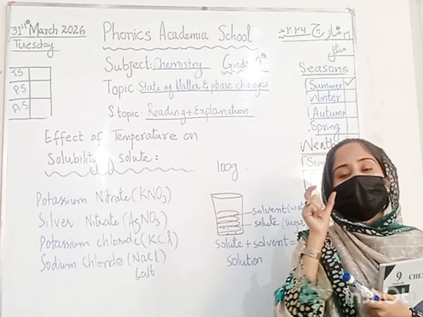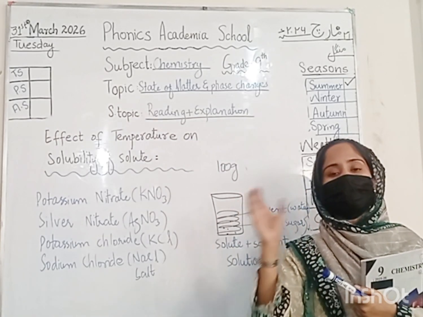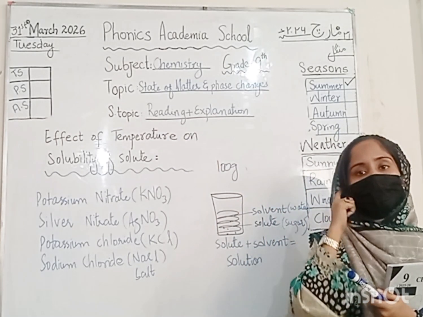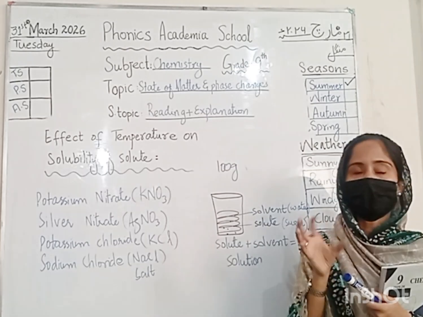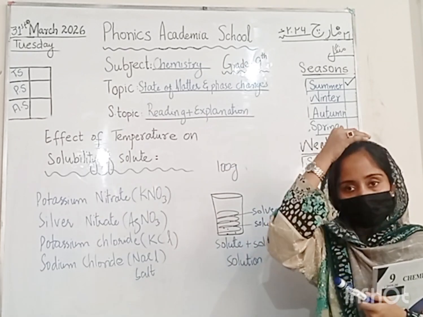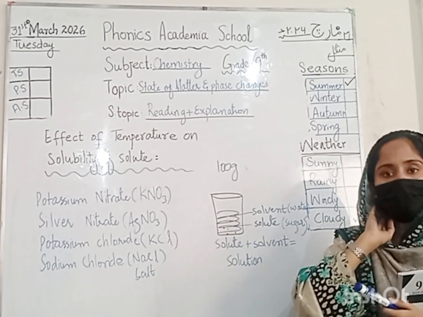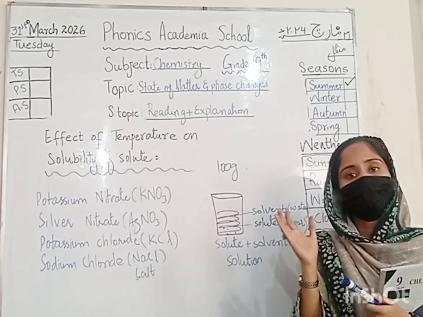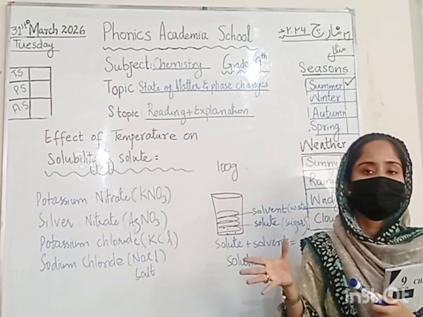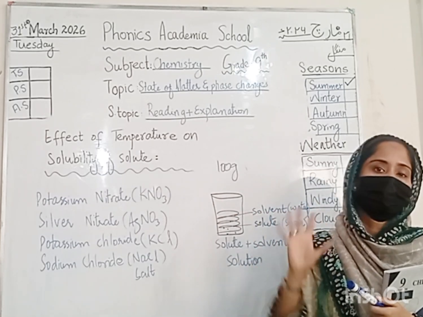Solubility क्या है बेटा? कितनी amount of solute add हो सकती है 100 gram of solvent में at a given temperature, किसी भी normal temperature पे, तो उसको आप solubility कहते हैं. ठीक है? For example, 100 gram of water adding 5 tablespoon of sugar, so its solubility is 5 tablespoon.